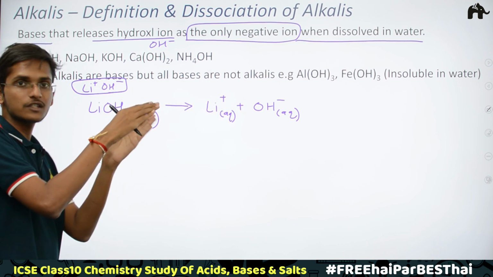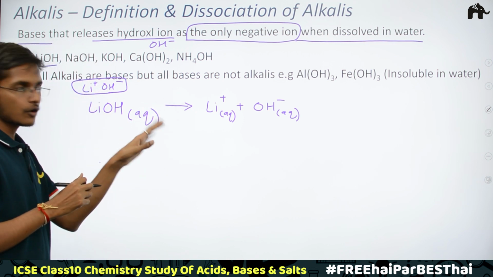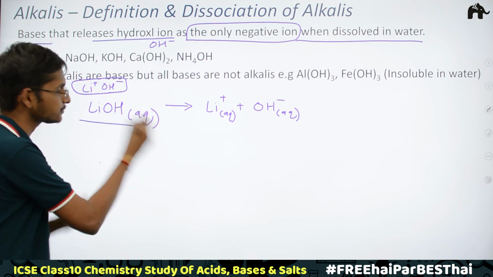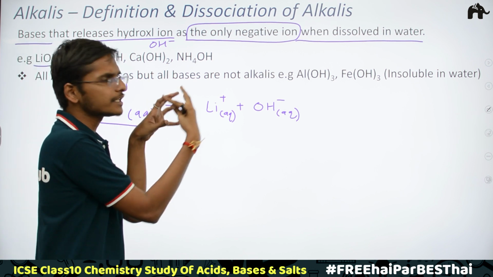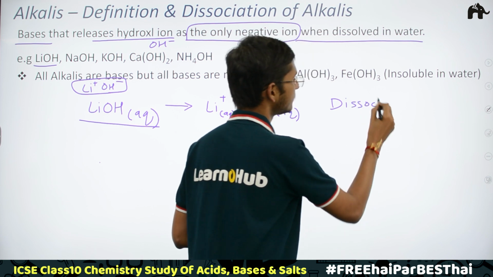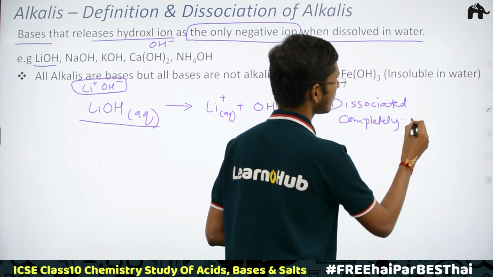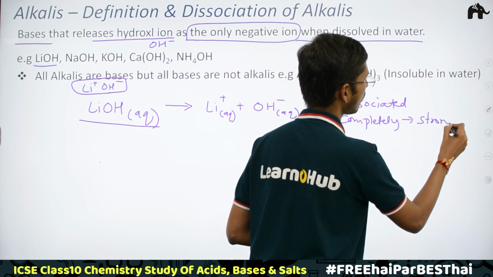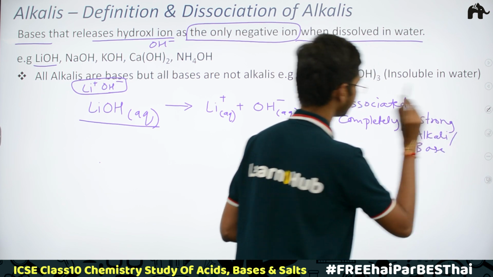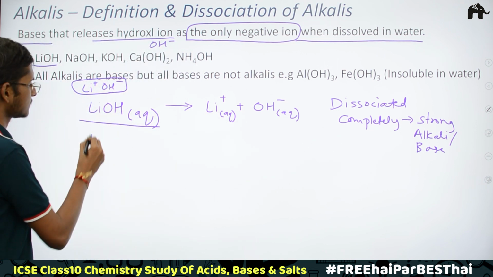This process is dissociation. Now the single arrow, the normal arrow, is there because this LiOH is getting dissociated completely. Since it is getting dissociated completely, we call it a strong alkali or strong base, because alkalis are actually bases. Now same way are NaOH,